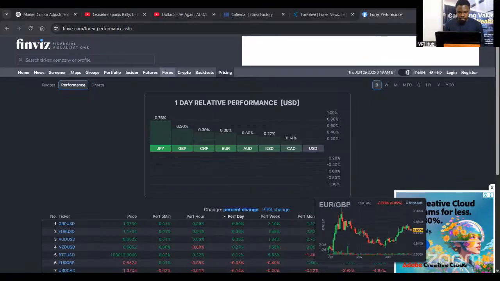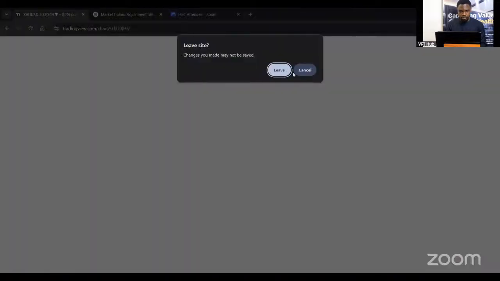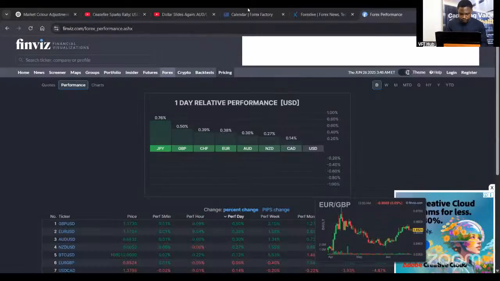All right. So quickly, the market has been really, really interesting so far. With US100, we've had a lot of retracement and bullish movement to the upside in recent times. Let me start with US30 first before we move to US100.